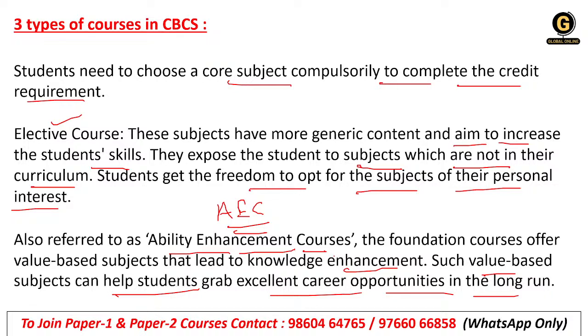Okay, so remember this elective course. After choosing the core subject, the elective course is a subject which is not in your stream. If you have chosen commerce as your core, then you have to choose one subject which is not from commerce, like you can choose from science. That is your elective one, that is called the ability enhancement course. Clear? All right, everyone. So this is your elective one. Okay, and sorry for that. I'll take this in the next session definitely.